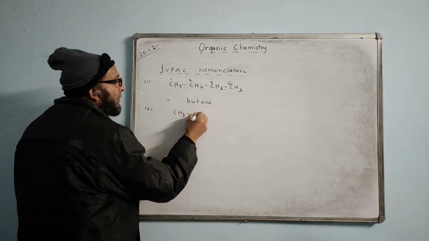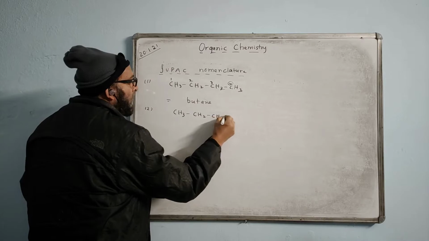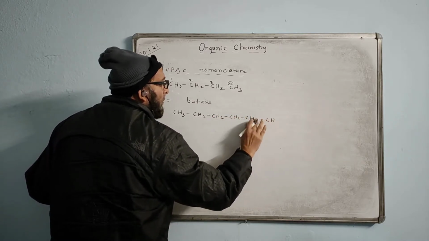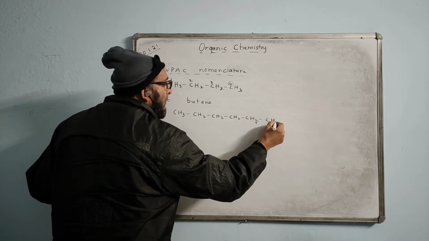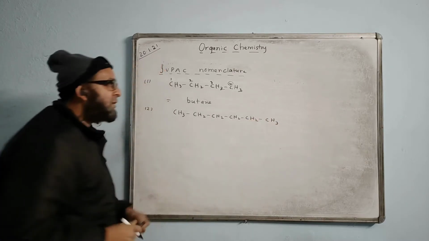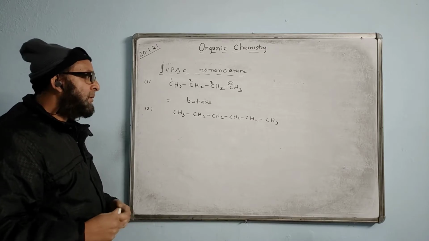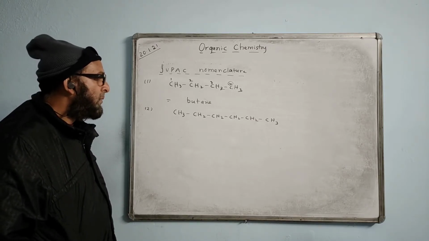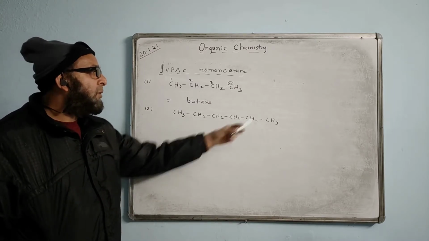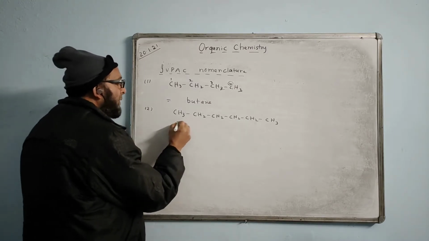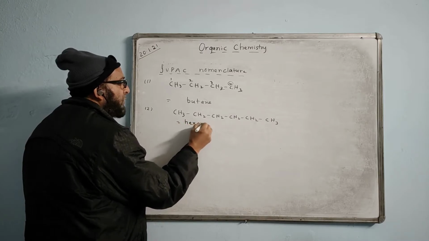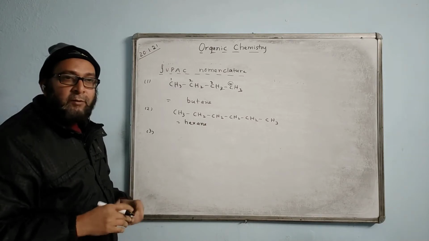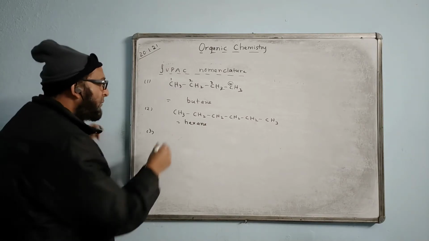Same way I give another one, just you can try out and tell me what is the name of this. Tell me what is the name of this compound? What is the IUPAC name of this? Hexane, because single bond. Answer will come here. Hexane. Finished. So single bond one we understood how we name it. Now next one.